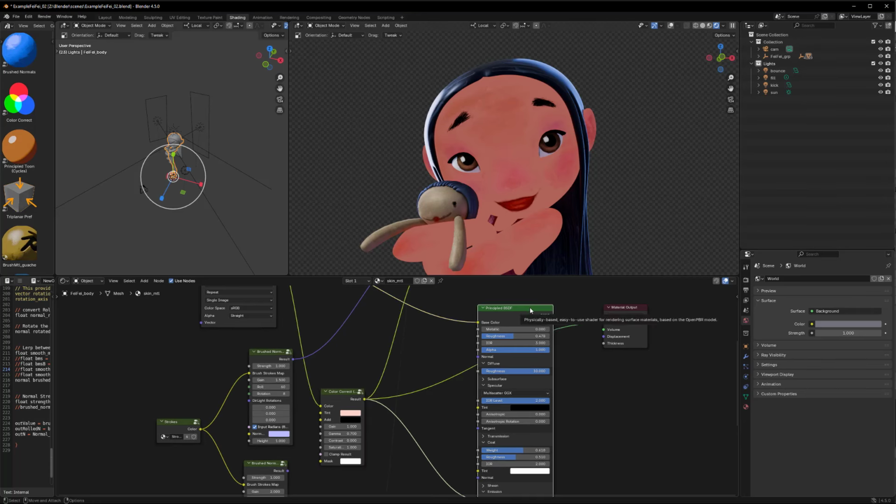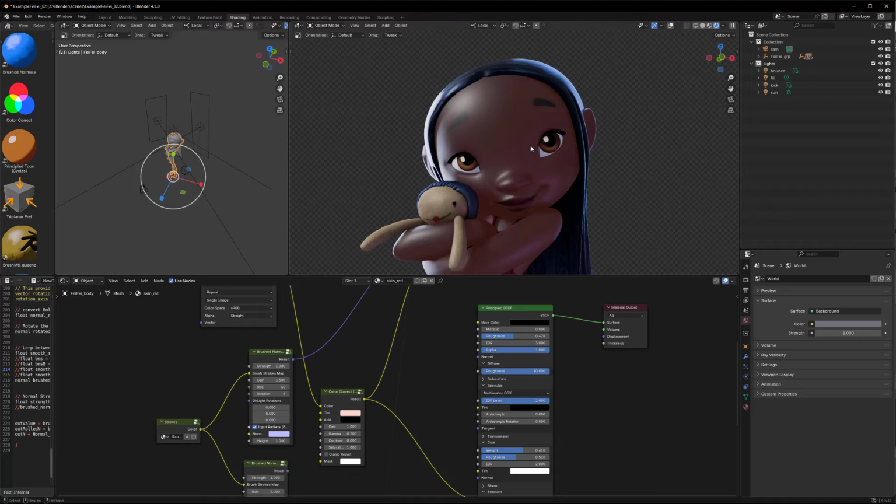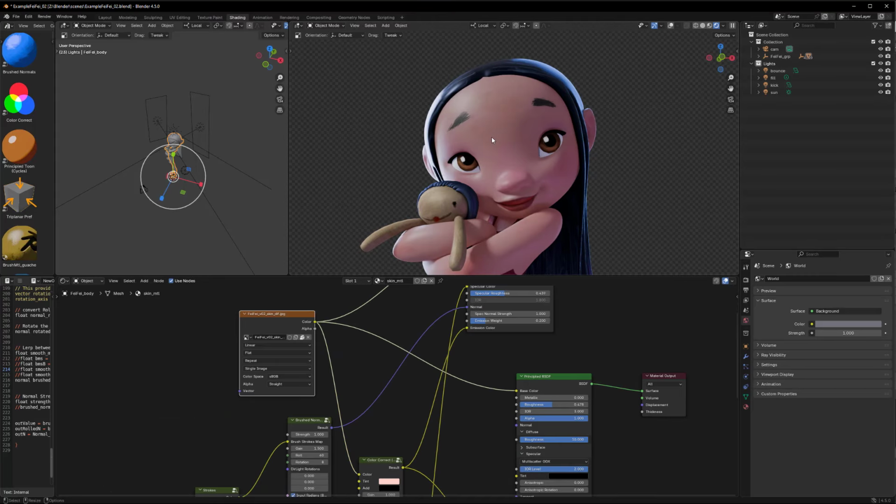So if we put this back on, let's see, how do I do this best? Let me break the base color and set this to 0. And there, now we can see what the emission is doing on this. So it's very subtle. So that's the starting point. Another thing that I'm going to do